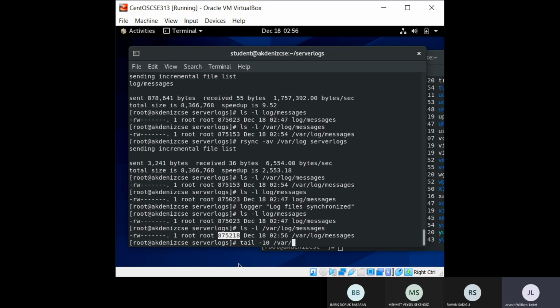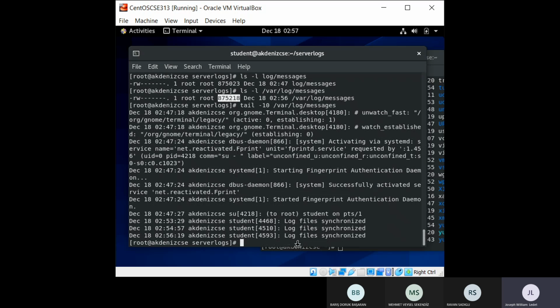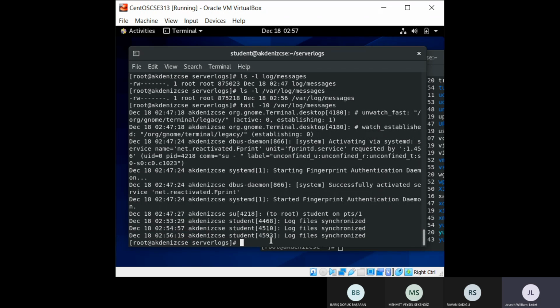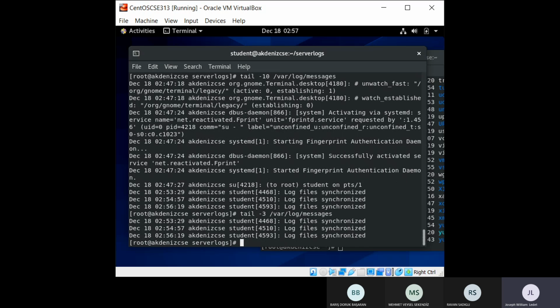var log messages, all right? Notice the last couple of lines are what we logged. Notice that if we do the same thing, instead of doing the tail, let's do tail 3. Okay, so if we just look at the last 3 lines here, if we do the same thing on our